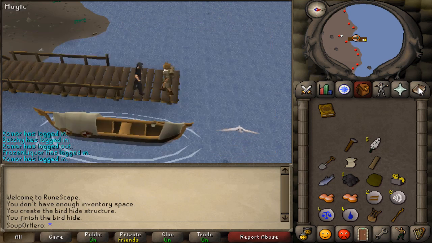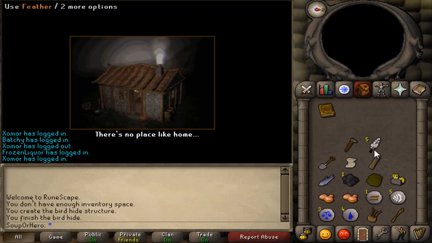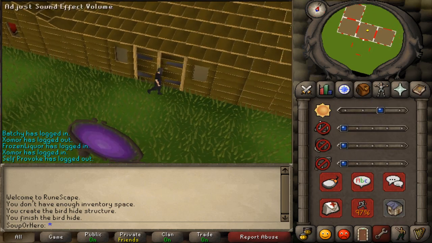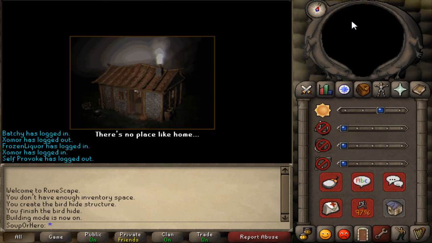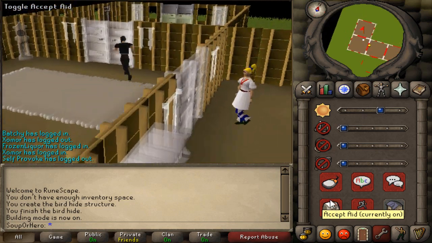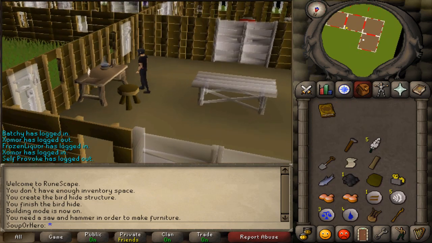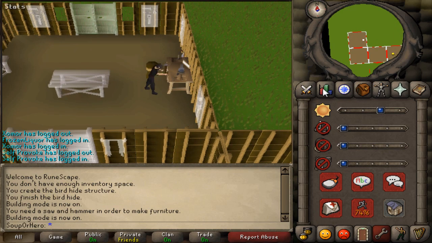So at this point, you need to teleport to your house. And make sure you have your crafting table 2 built. And you'll need to upgrade it to 3 with 2 Molten Glass. Make sure you have your building mode on. And get to your crafting table or your clockmaker's bench, upgrade it to level 3. You just need 2 Molten Glass for it. And I forgot a saw, so I had to go get a saw. Now make the bench